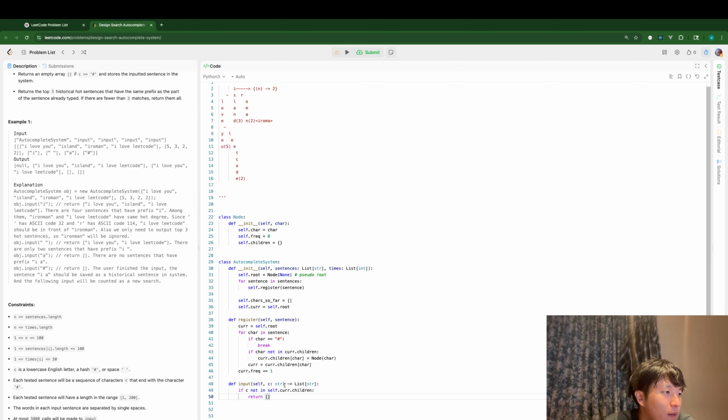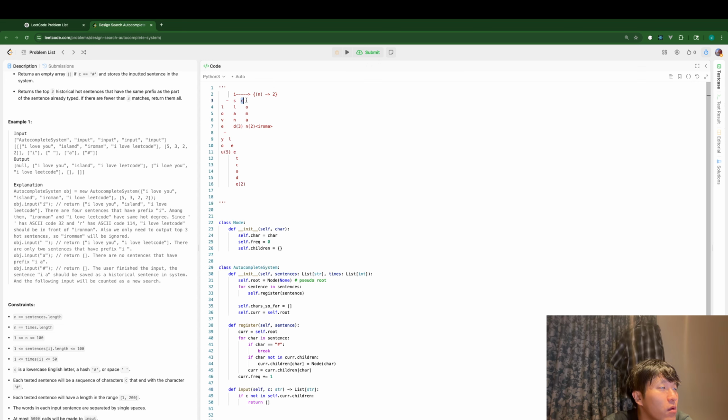So for C, I'd like to go down to the child node which represents the given C. I mean, the move's current pointer. So I try to do it. But if the C is not registered in this autosearch class, then I will return empty arrays immediately. But I have to make sure that,